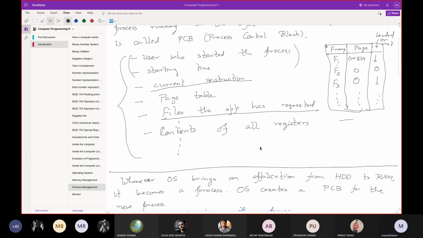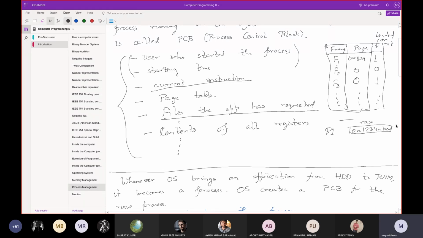For every instruction, every application, those registers get used heavily, right? So suppose P1 had some content in register RAX, say 0x1234ABCD. It is a 64-bit register, so there will be 8 more hexadecimal digits.